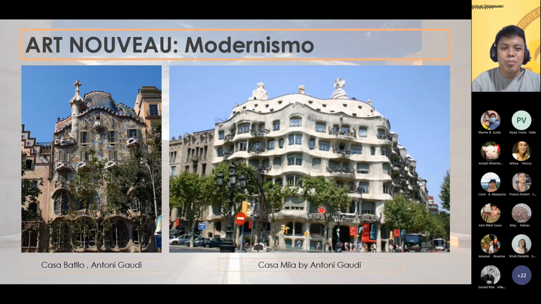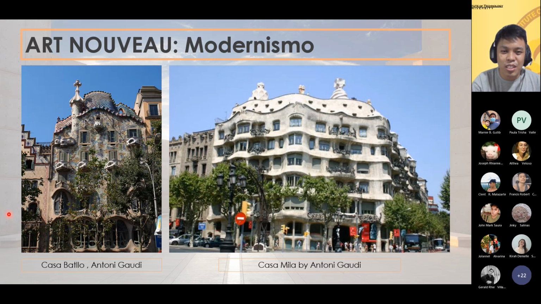So this time around, Modernismo, if we talk about Art Nouveau, Modernismo, there's no other architect that we can give as an example other than Antoni Gaudi. So again, if we talk about Art Nouveau, Modernismo in Spain, no other architect can be a good example other than Antoni Gaudi. So here we have the Casa Batlló. It's actually an apartment building. And then here, another example, we have the Casa Milà by Antoni Gaudi. Both of these structures right here are by